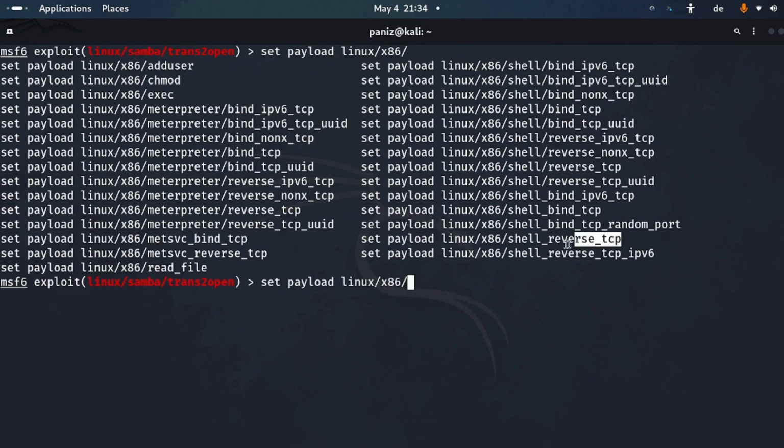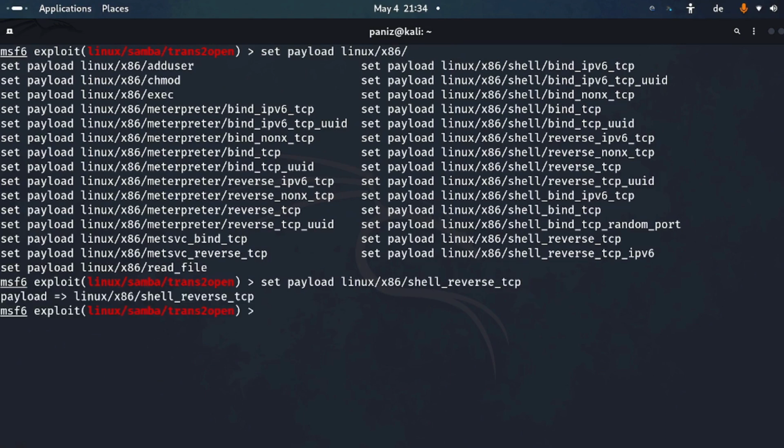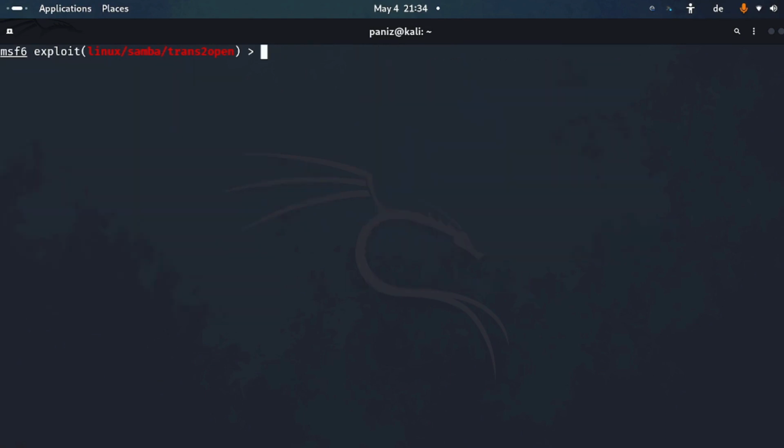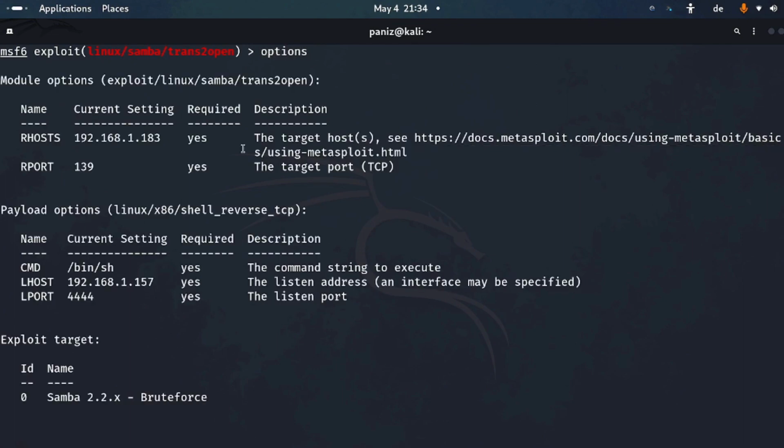In this case, I'm using shell reverse TCP. So I'm going to use shell reverse, hit tab, and it will be auto-completed for you, and hit enter. So I'm going to use options once more to see if everything is fine. The remote host to target IP has been set, the payload has been set to the desired one, everything is fine. So the only thing that remains here is